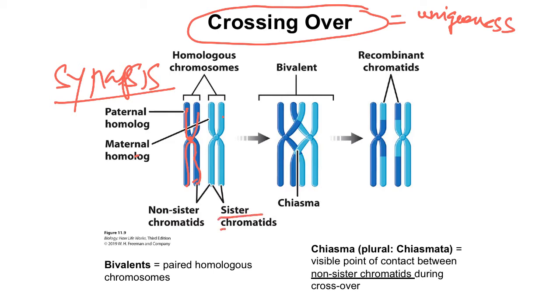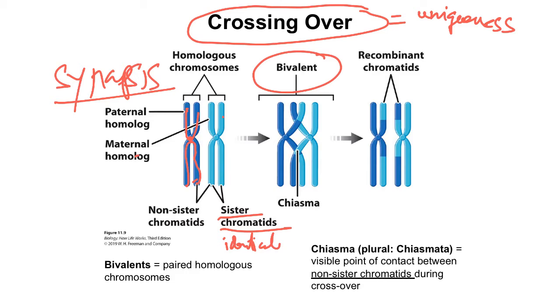So the sister chromatids are initially identical, but the non-sister chromatids are not identical to each other with respect to the flavor of each of the genes that they carry, because one comes from the mother and one comes from the father. Now, when the synapsis is fully formed, it results in what we call a bivalent, or paired homologous chromosomes, which then start to come